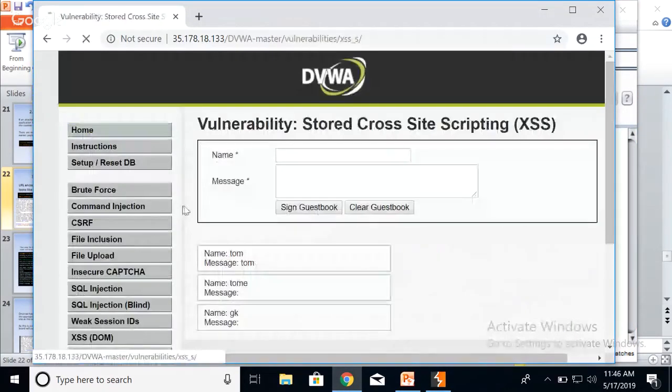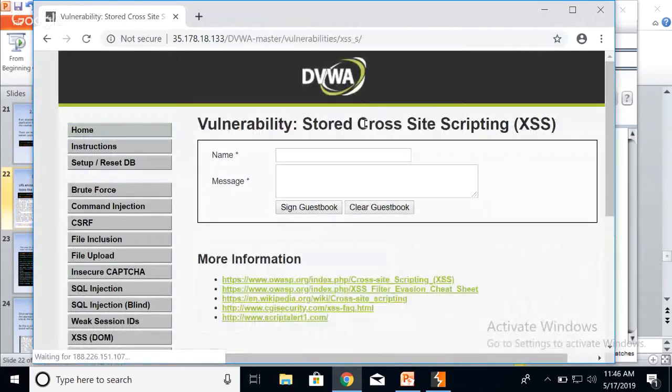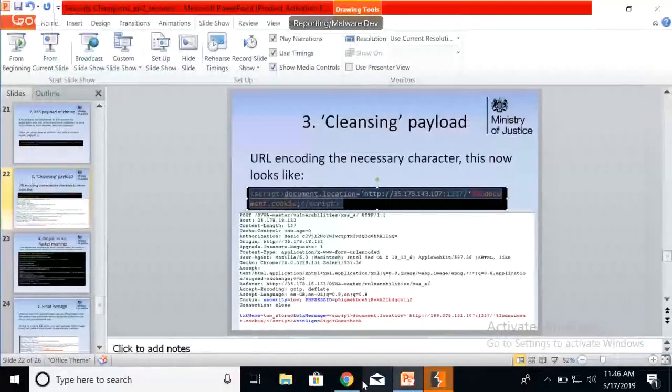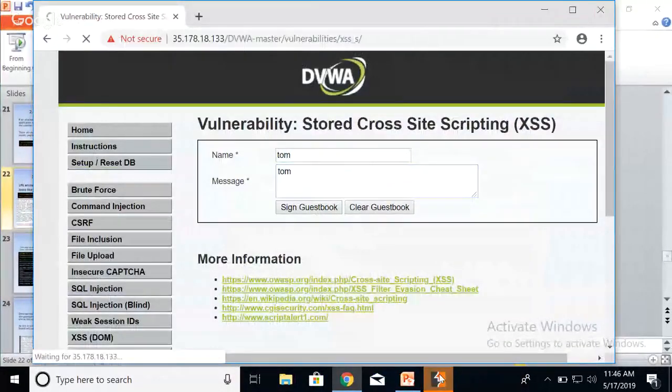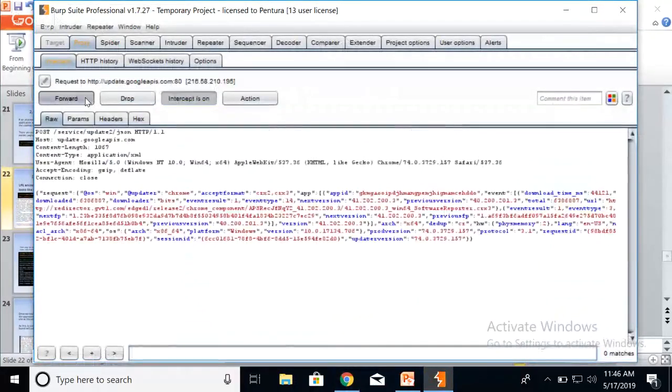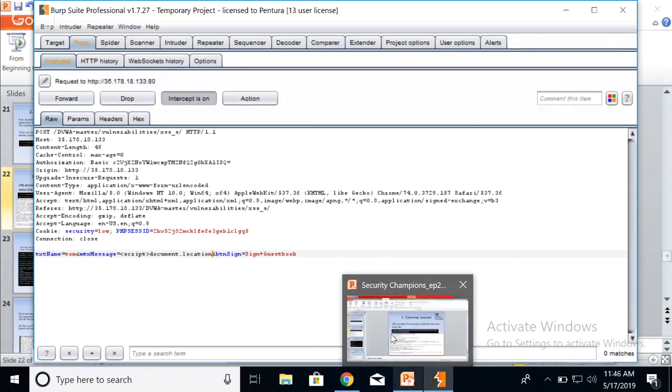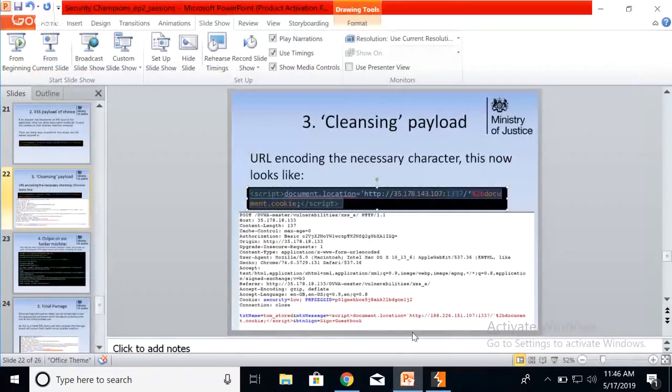So if I clear that again and go through it one more time, make sure we get the right payload in there. We're going to set Burp to intercept. Whatever it is, send the message. And this is now where we want to put in our payload. Script, location. This is where we put it in; we're just going to write it in so we don't get any dodgy characters. Equals